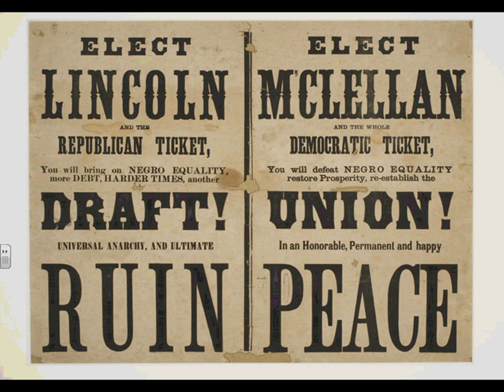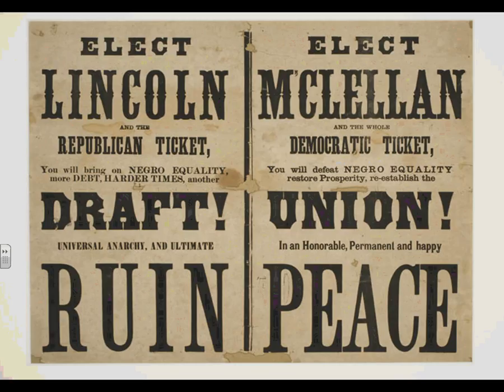So the draft riots go on, and so here we come now to the election of 1864. So we had some success, right? We managed to not lose at Gettysburg, we managed to take Vicksburg, but there's still really a challenge going on there. And McClellan, who had been our first general, he's running on the Democratic ticket, and here's one of his posters.